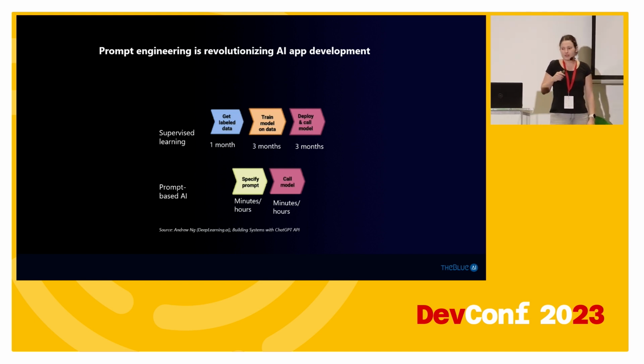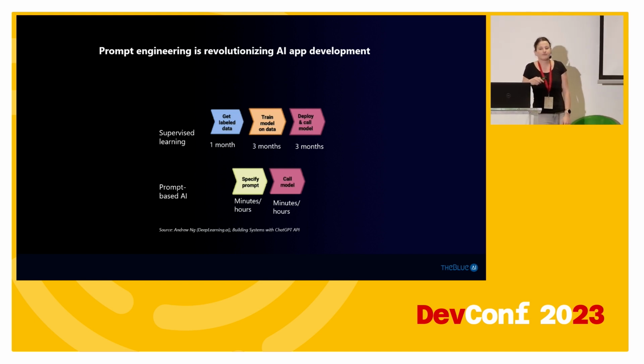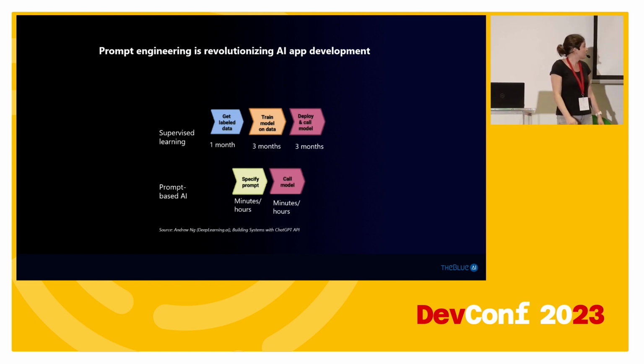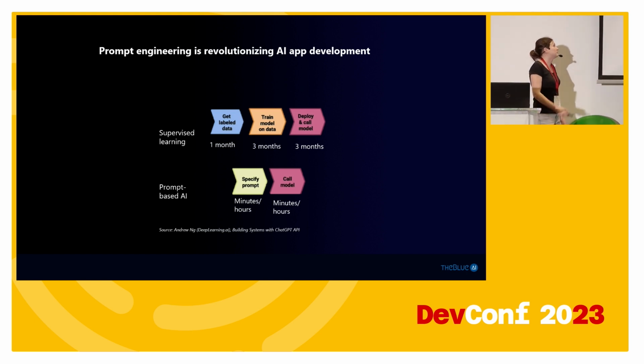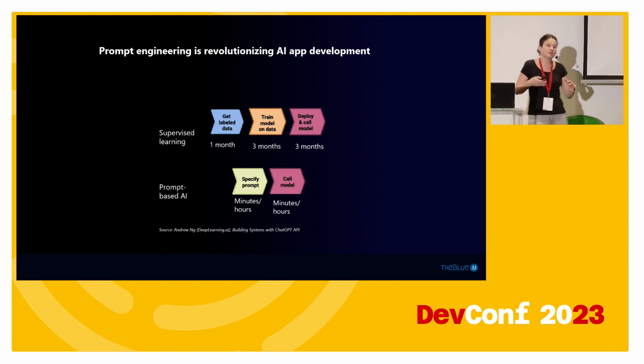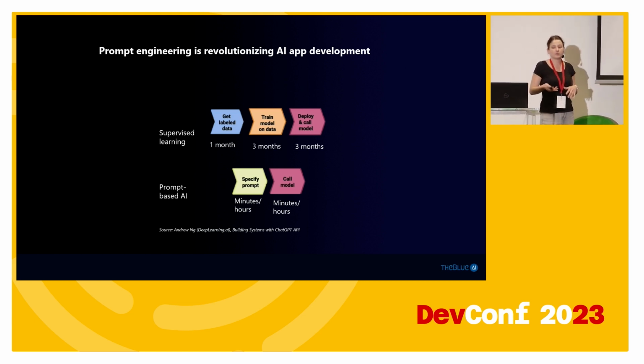Yeah, so one last thing here is a nice comparison that Andrew Ng did with regards to how we used to work with the AI models. So in the supervised learning approach, where we had to prepare all of the data first, we need to train the model, and then we need to deploy it and serve the model. Whereas right now, we can take just a ready API, specify the prompt, call the model, and do the whole thing